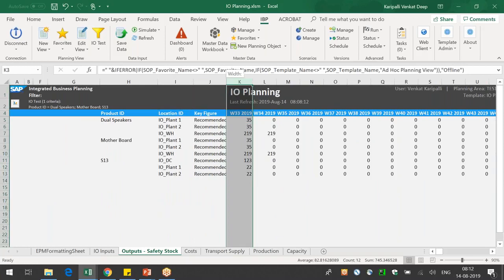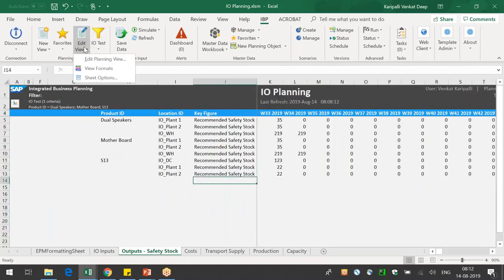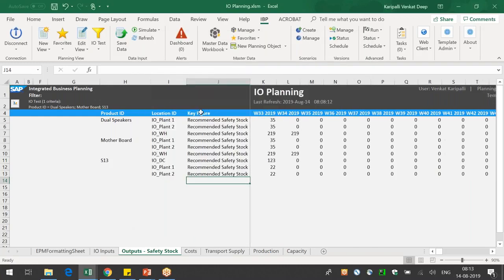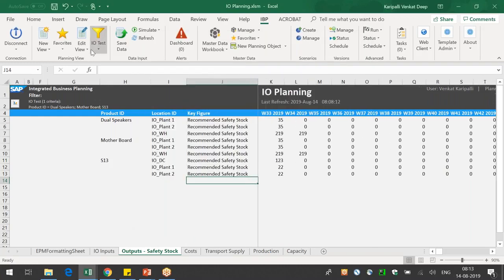See, they always try to auto adjust. So let's do one thing. Go to edit view here, sheet options. Okay, I think I need to maybe save the template. Then there is this button called